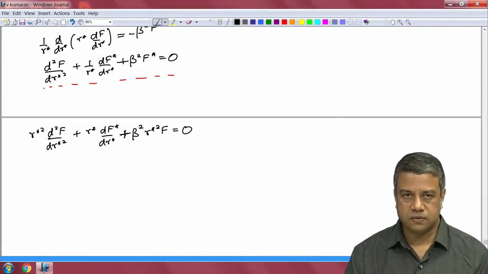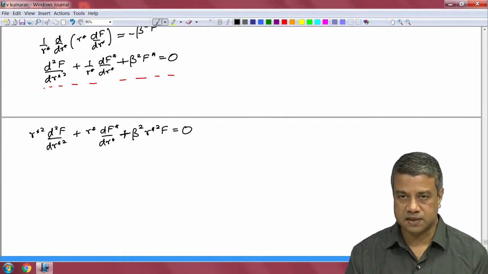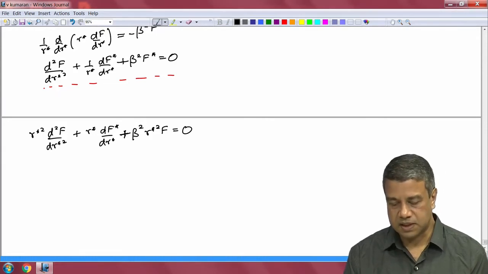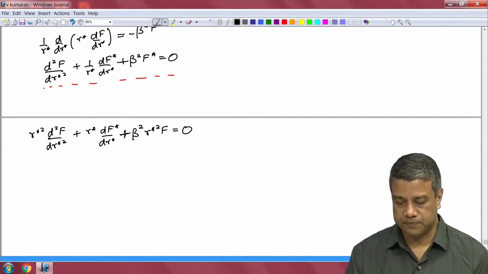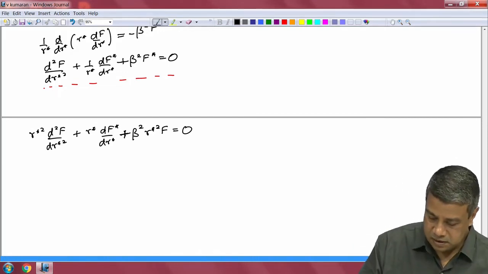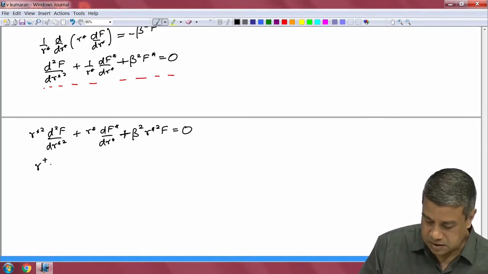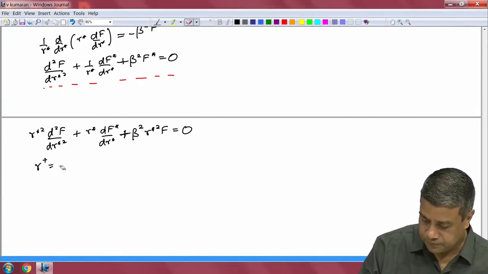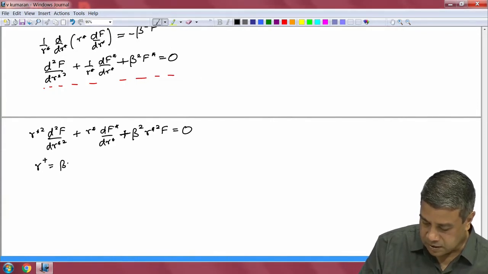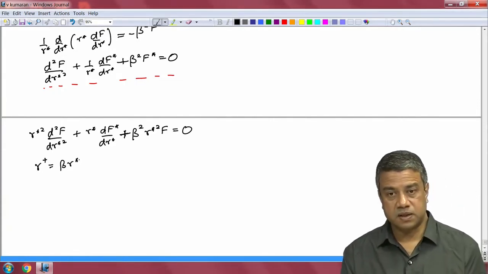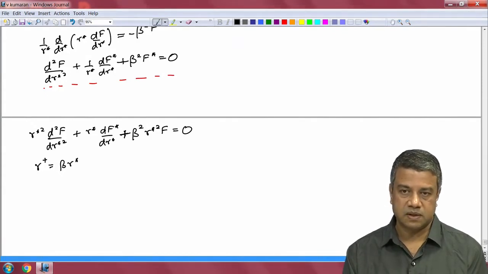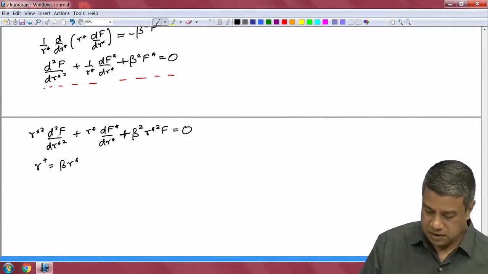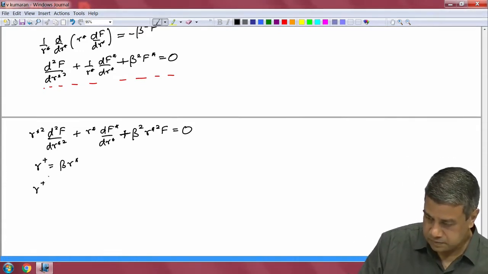If you look at the first two terms on the left, they are both equidimensional in r. That is, you have an r squared times the second derivative with respect to r, and the second term is r times the first derivative. So, if I define a new radius, r star, such that r plus is equal to beta times r star, the first two terms on the left will not change, because the derivative with respect to r plus is 1 by beta times the derivative with respect to r star. So, the equation becomes